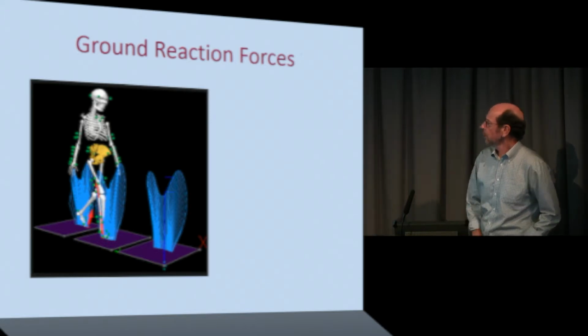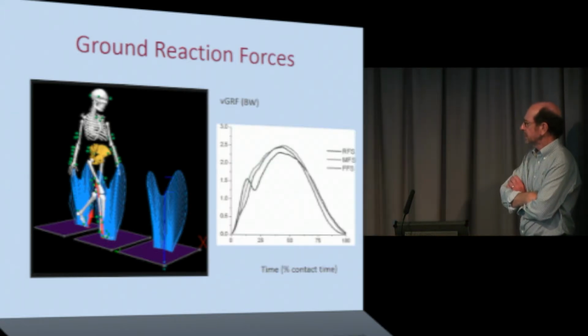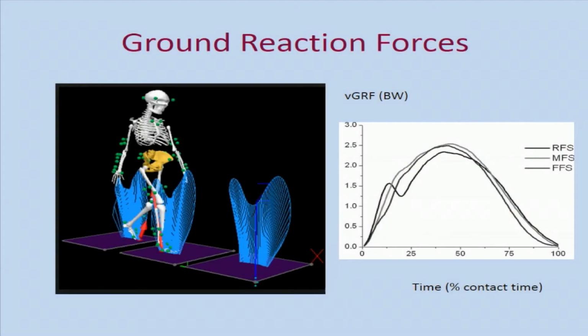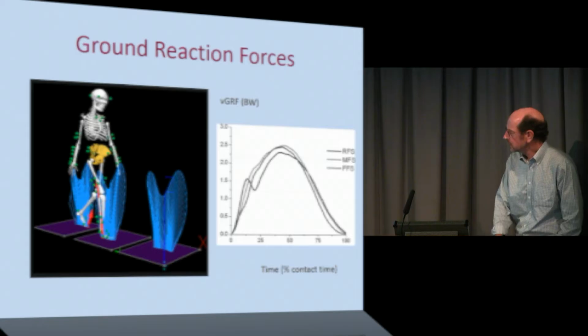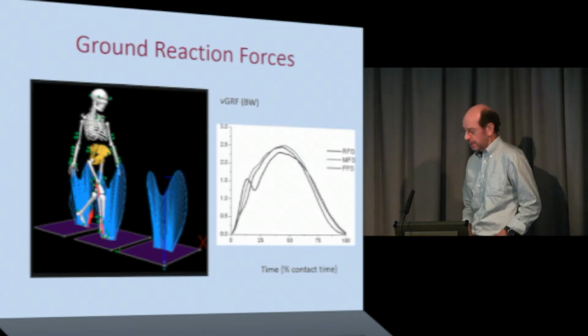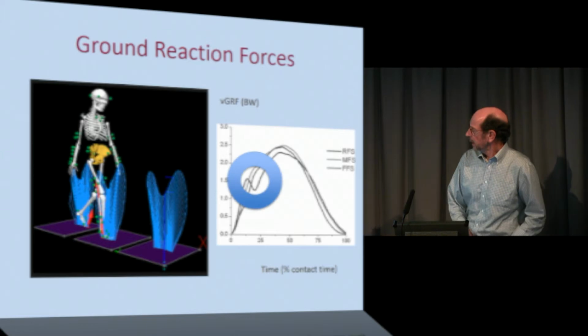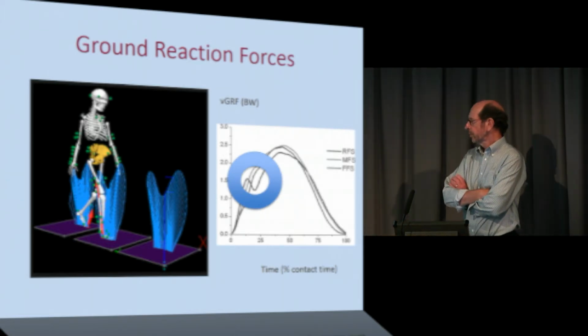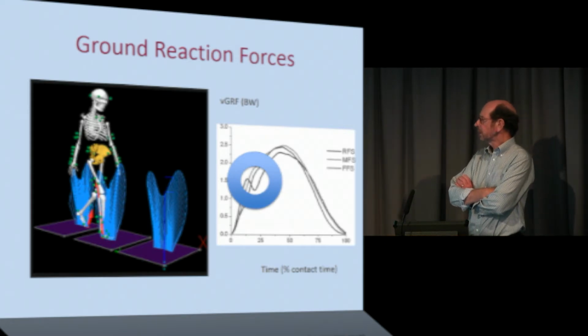And if we look at ground reaction forces, here what you're looking at is a ground reaction force in units of body weight against 100% of contact time during running with a rear foot strike, a mid-foot strike, and a forefoot strike. And this notched one is the rear foot strike, and the two others are pretty indistinguishable, the midfoot and the forefoot. And all of the attention here has been devoted to this first peak of the ground reaction force, which